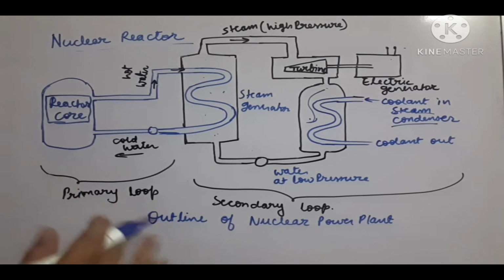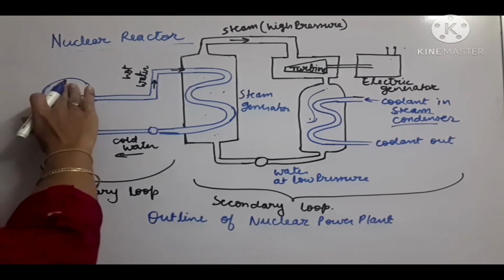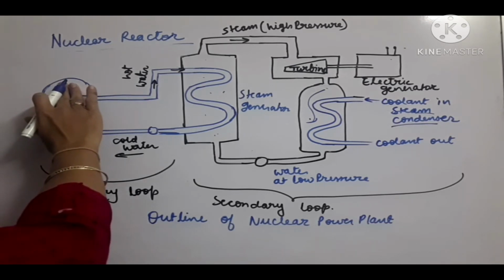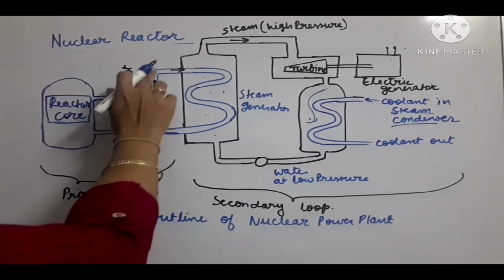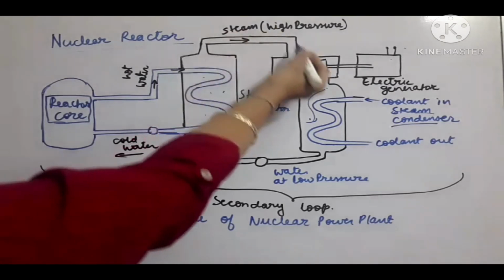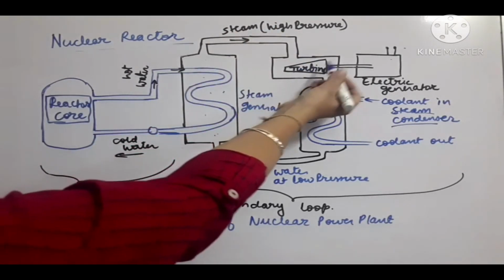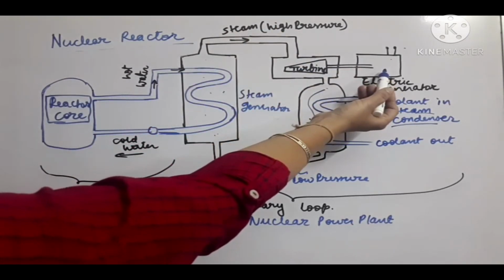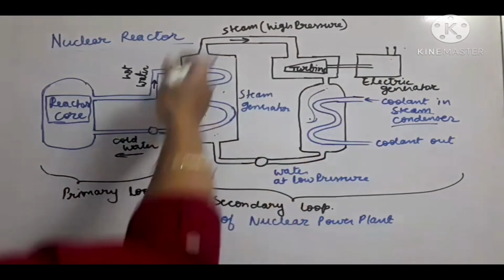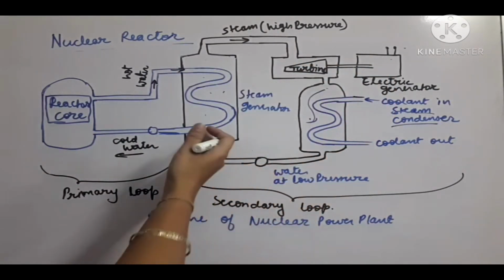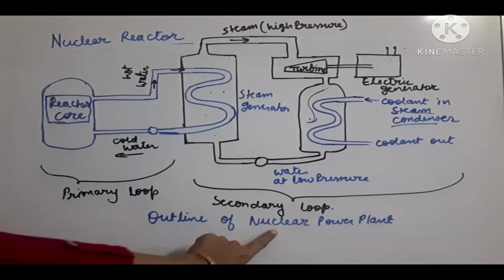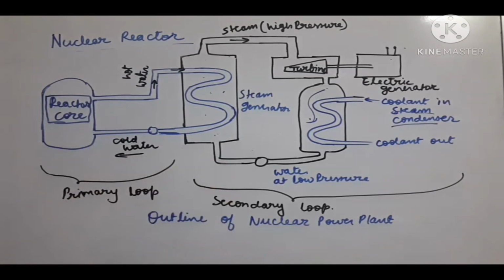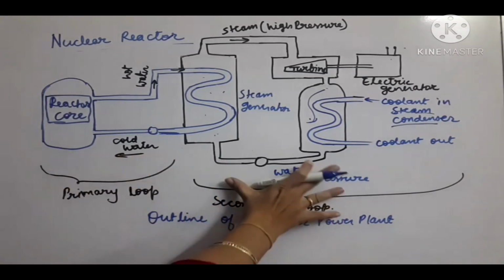So overall, with the help of heat energy from the fission reaction, we are making the water hot. This hot water is making steam, and steam is running the blades of the turbine, and this way electricity is produced. All other mechanisms are just to cool down that steam again and return it back to this chamber. So overall the outline of a nuclear power plant or nuclear reactor can be divided into two parts. This is called the primary loop and this is called the secondary loop.